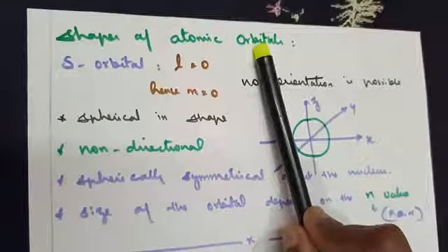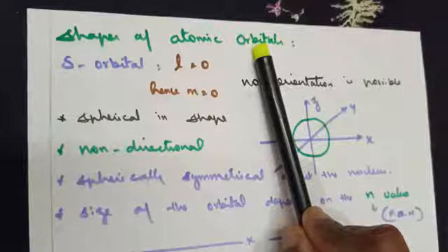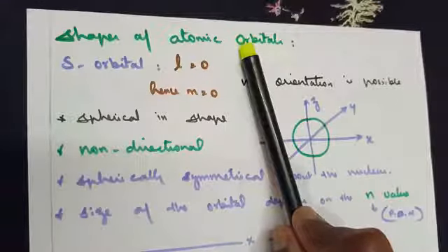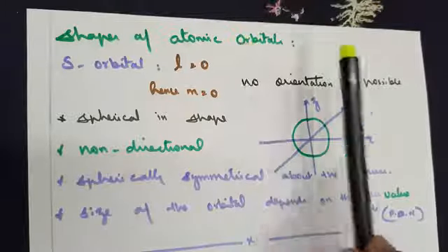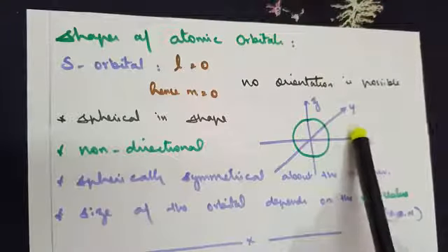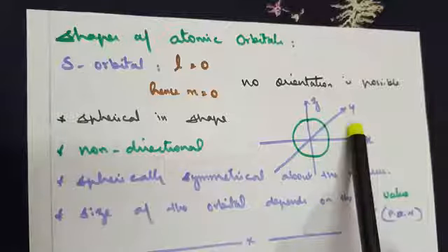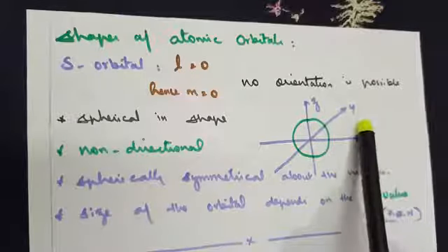Now, in today's class, I will not be giving you very detailed answers for the shapes of atomic orbitals, because the same concept you will be learning under the chemical bonding chapter. There I have to explain the purpose of them falling on different axes, and how they contribute to the formation of a sigma bond, pi bond, covalent bond, ionic bond. All those details I will be explaining to you then.